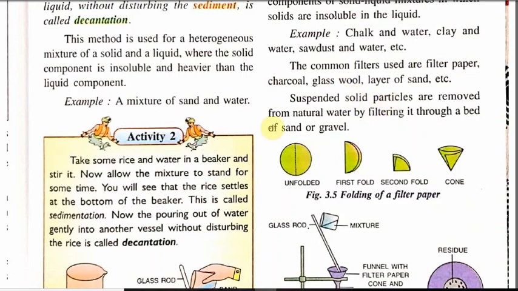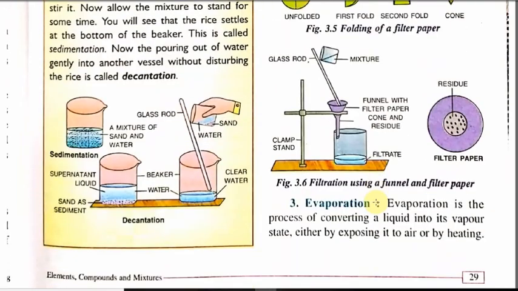How to make a filter? This is a piece of paper. Please fold it halfway. Then fold it quarter way and make a cone. You have seen the cone. Now place this cone on a stand and you can pour water, and it will filter the components. This is similar to how we use a teapot or tea strainer for filtering.